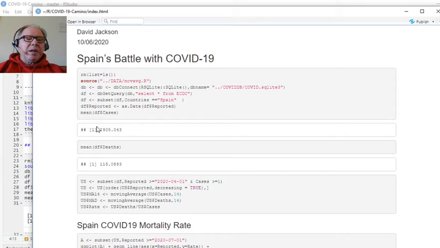Okay, what you can see is Spain is currently averaging 2,905 cases per day, but only 115 deaths. This gives it an overall mortality rate of,